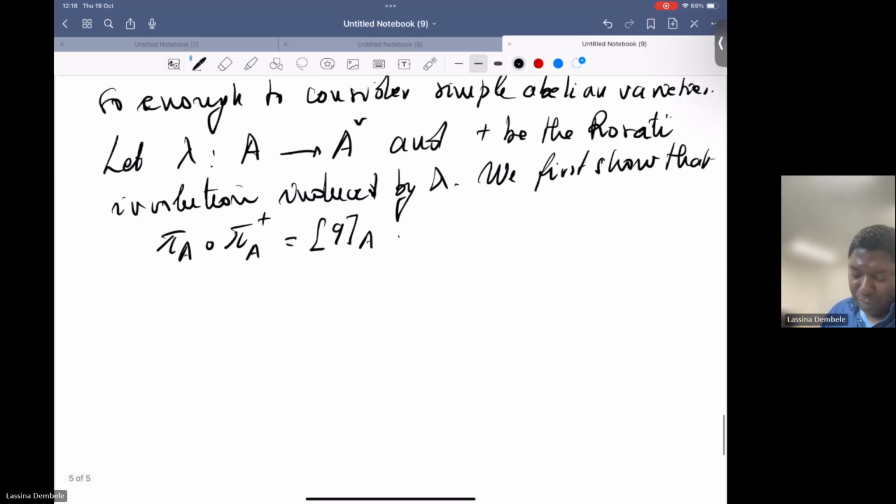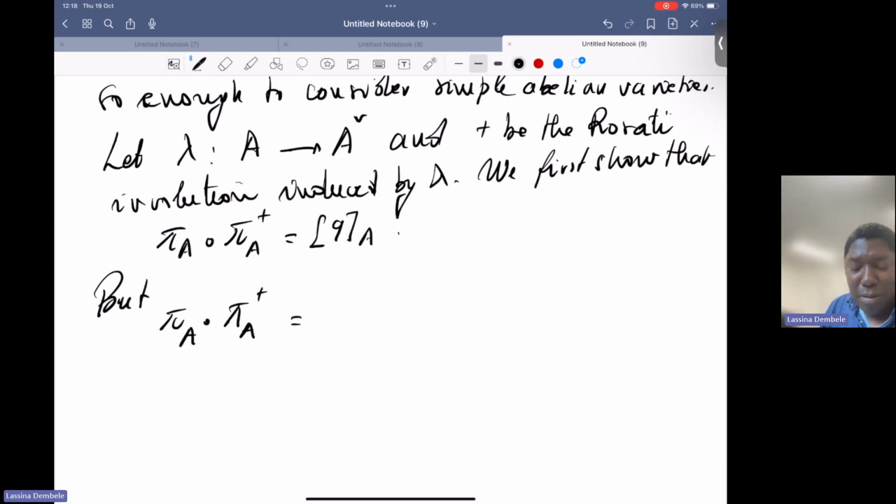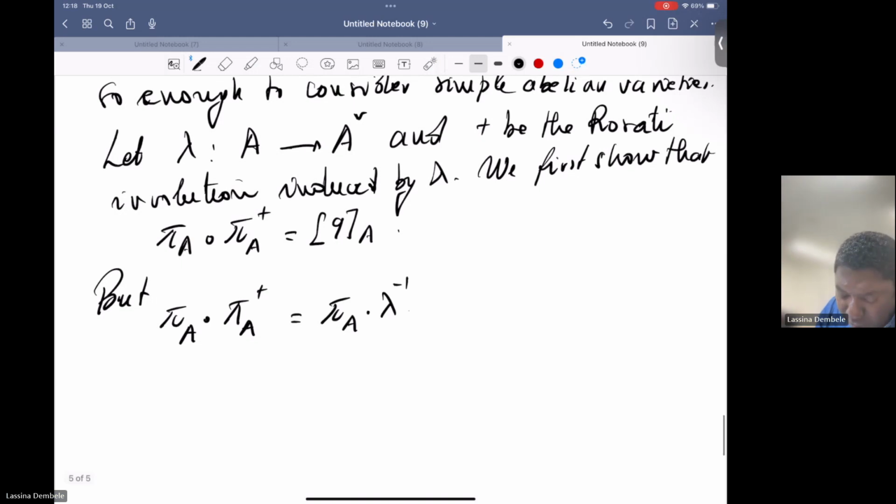So that's what we want to show. But if you look at pi A composed with pi A dagger, then by definition of the Rosati involution, this would be pi A composed with lambda inverse, composed with the dual of pi A, composed with lambda. But the key thing here is that